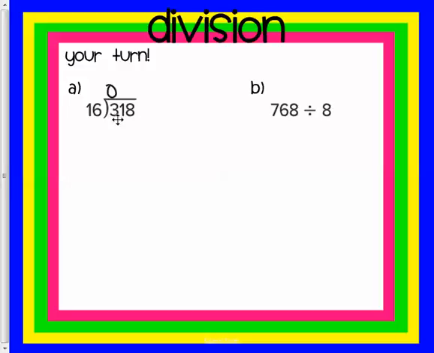16 does not go into 3, but it goes into 31. So I don't even need to do this step where I put a 0 down and bring down the 3. I can just immediately start with the 31 as long as I know there's a 0 here. So when I do this one,